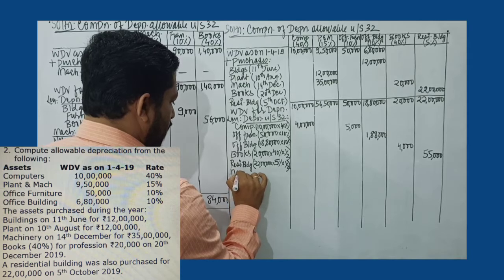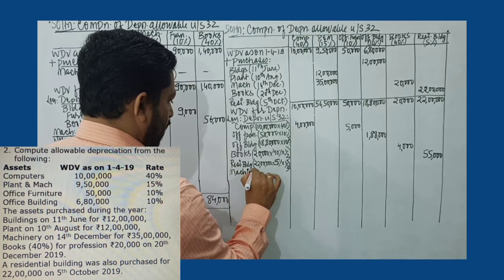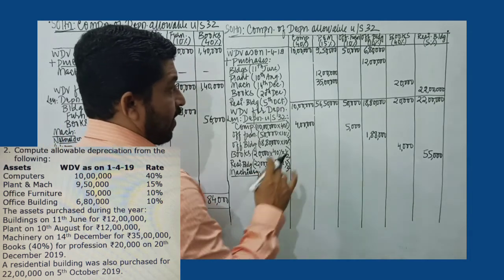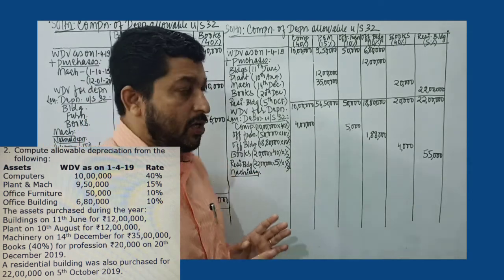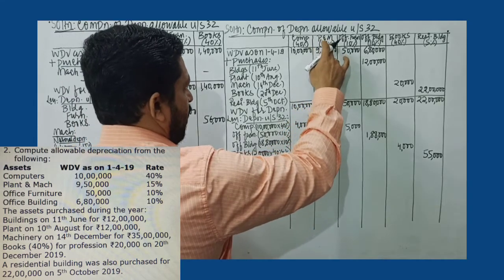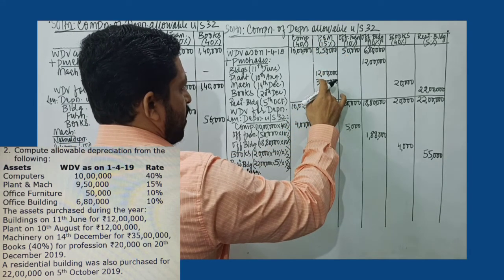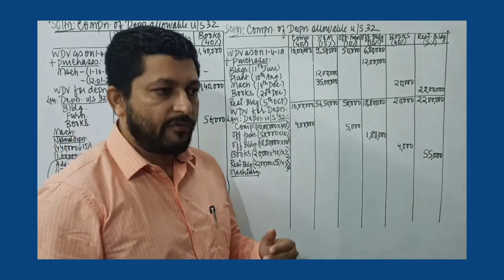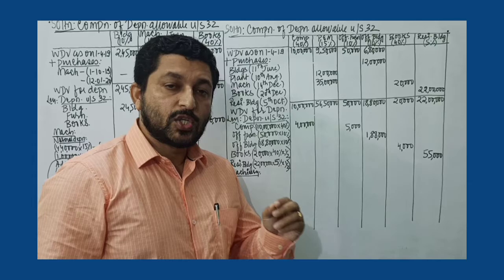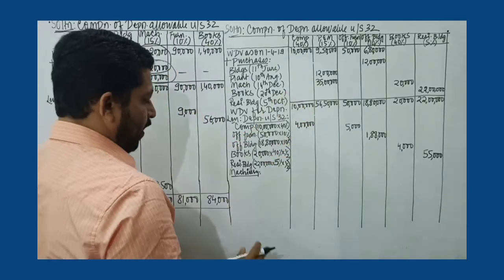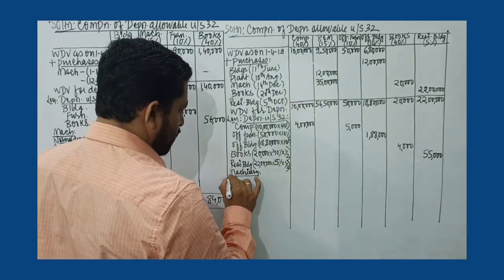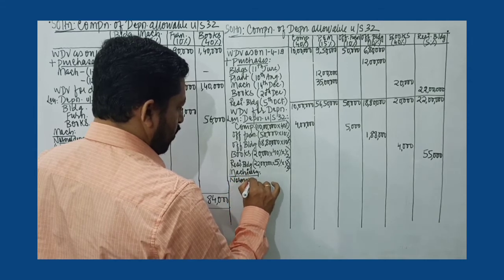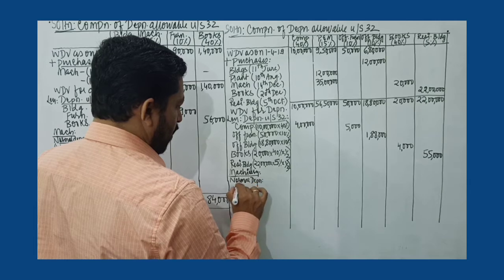Next we talk about machinery. So I record over here machinery. Now very important point we have to understand. First thing is we have normal depreciation at the rate of 15%. And since this machinery is purchased, installed and put to use in the factory and used in manufacture or production, additional depreciation is also applicable. So first I will record normal depreciation. How much is normal depreciation on plant and machinery?